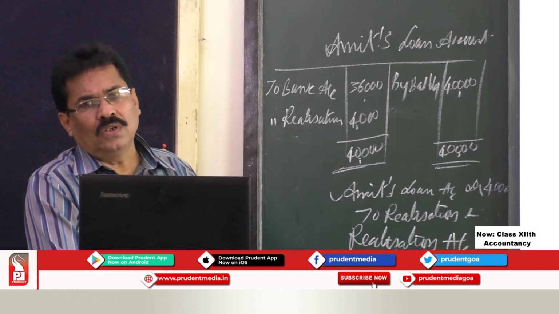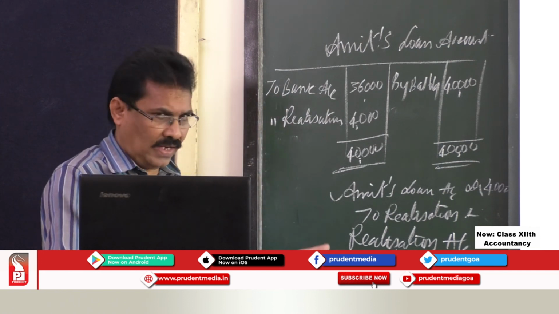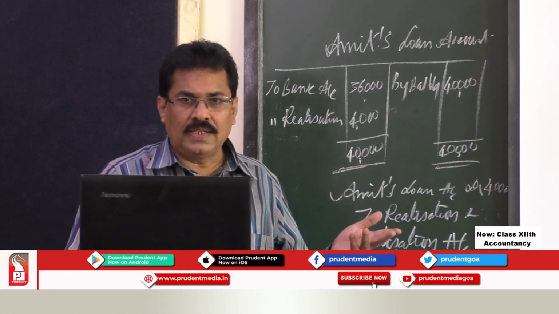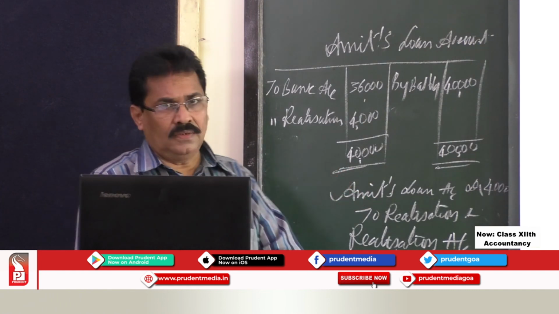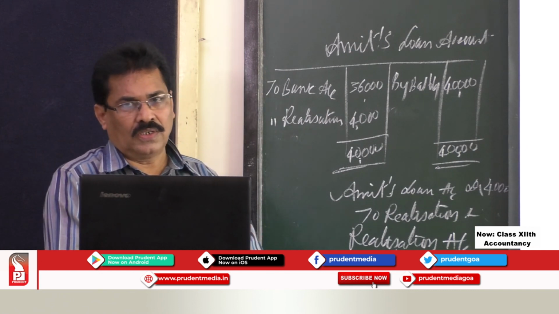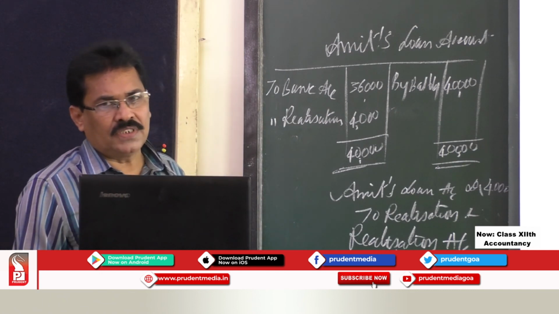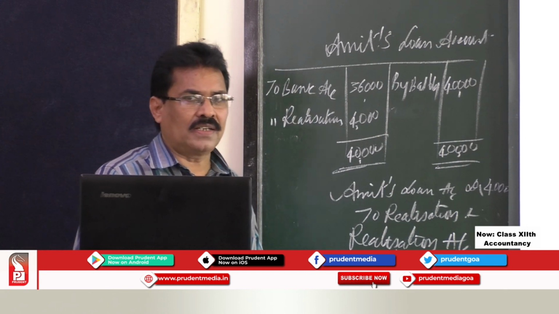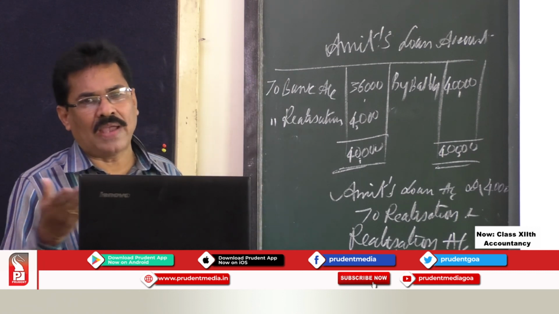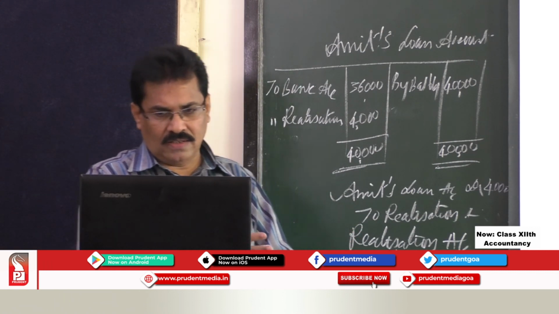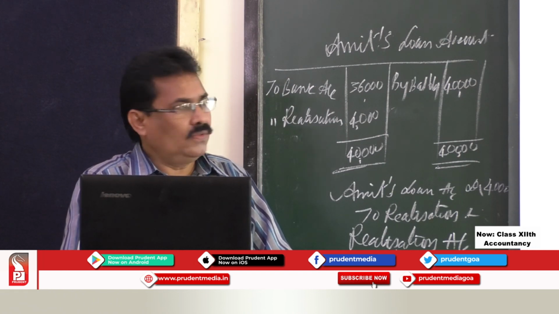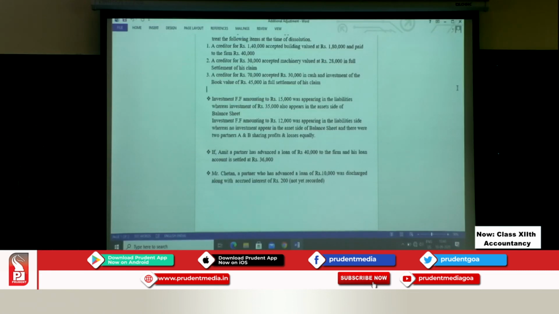Suppose if they ask you to prepare cash account, it is the other way. So, first you write to balance brought down, that cash balance, then whatever the bank amount is there, you have to assume that money is withdrawn. Okay? So, when you withdraw it, cash comes into the business. So, debit what comes in, credit the giver. So, the banker is the giver. So, in cash account, by bank you have to write that amount, whatever the bank balance is there. So, this is how you have to settle the books of account on dissolution of a